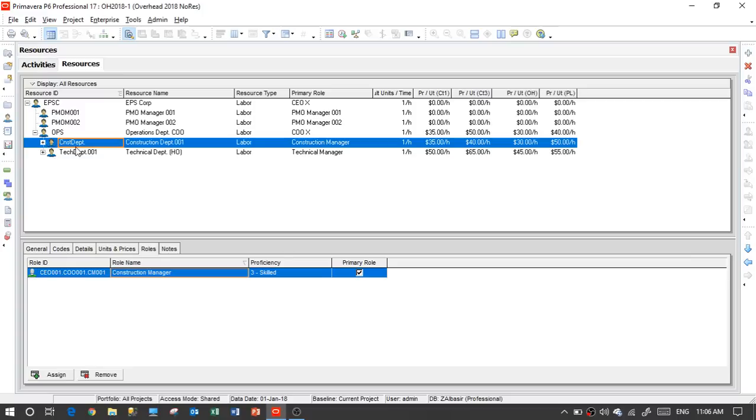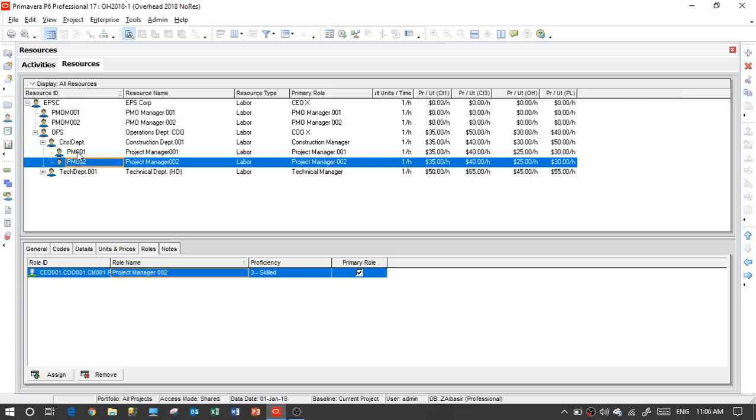And these people usually, most of the time, book in an existing project, unless the company, as a strategy, keeps a construction department manager and a project manager, one or two on standby.